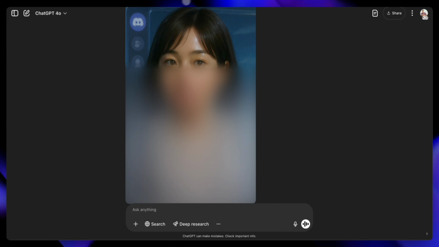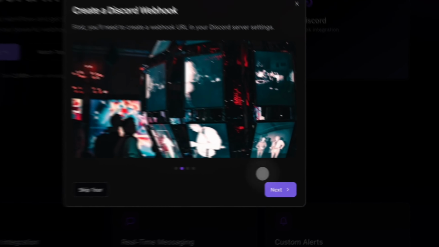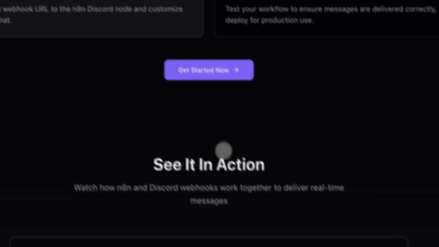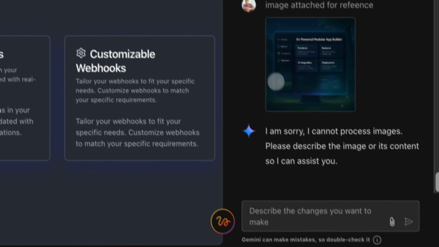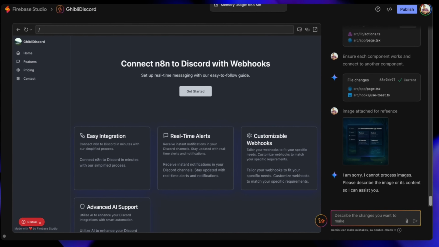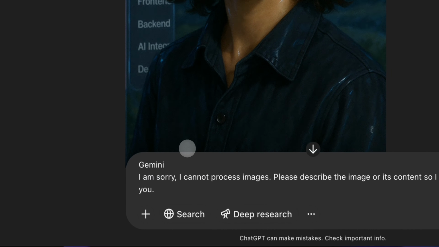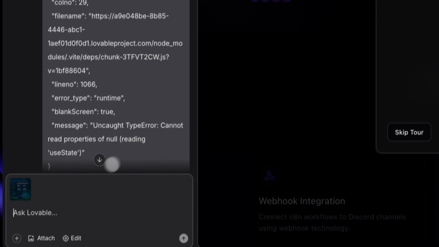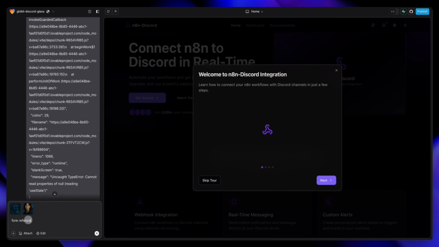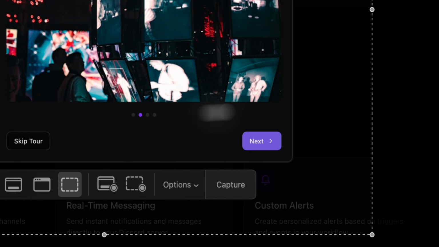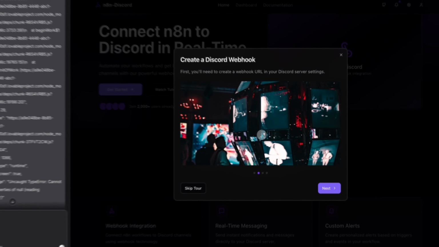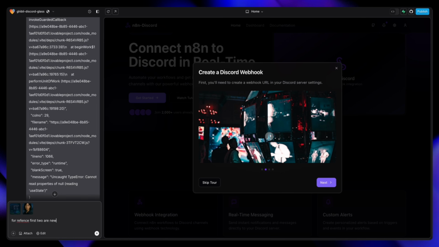Now, this has cool pictures that have started to pop up when you go to the intro, but I'm going to want to change those pictures. And it looks like Firebase cannot process images, or else it couldn't process that image. But I know that Google Studio, I think, can process images and videos almost for the most part. So that's weird because Firebase is running Gemini 2.0. You can run 2.5 as well, but I wish it came standard with 2.5 automatically being used, but you have to switch over. Right now I've forgotten I did 2.0. So that's probably why it's not generating something as good as, let's say, this is.